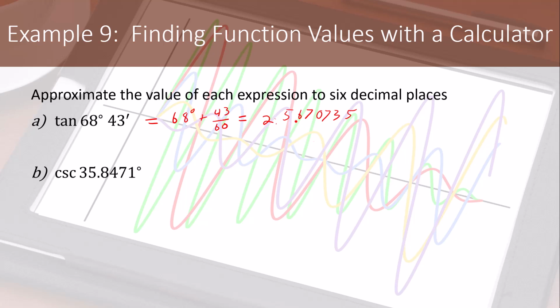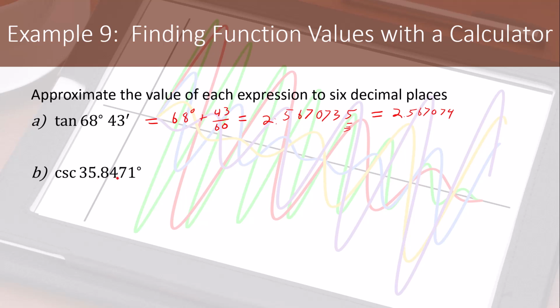I wrote this out to the 7th one because the 7th one determines how I'm going to round. And since my 7th decimal is 5 or higher, I need to round up. So this is going to round to 2.567074. Now here, I want to find the cosecant of